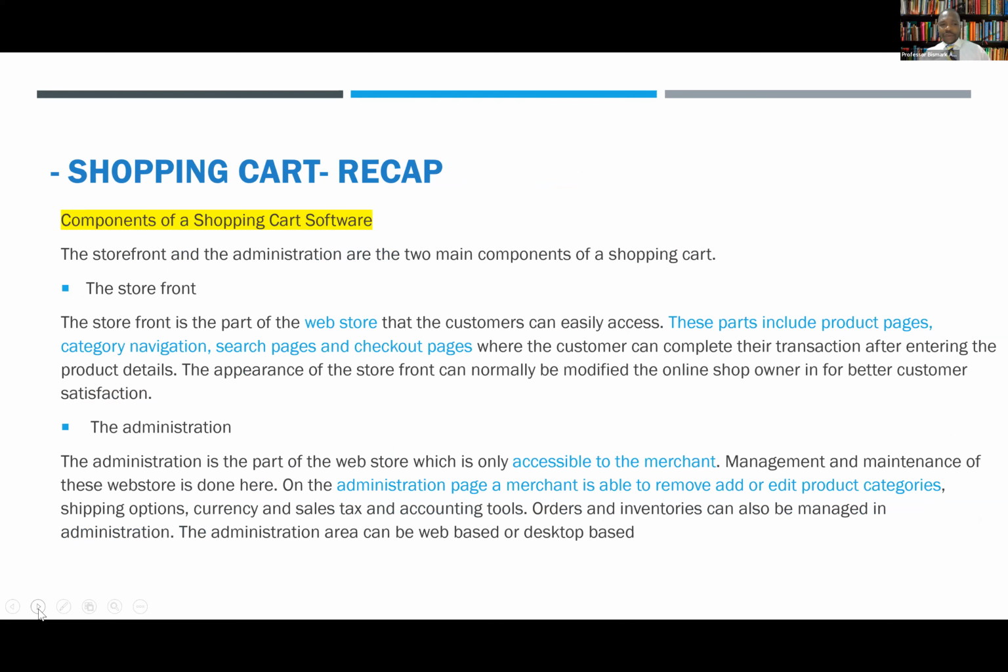So we're almost done with the recap, and then this leads me into what we were going to discuss in detail. Then we also went into the shopping cart, looking at the front end, what the customer interacts with, and then what we call the back end, which is an administration of how you manage the removal and the edits of that particular page. That's very, very important. So that's what we discussed last week.